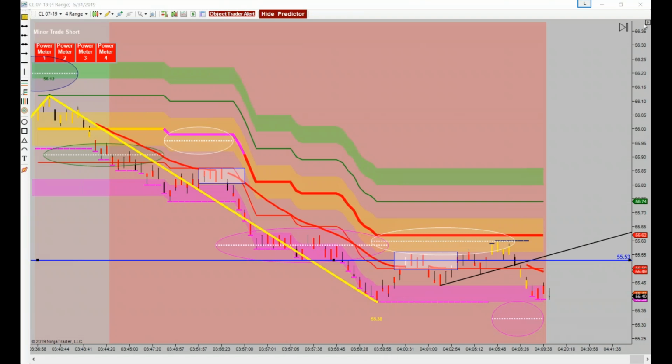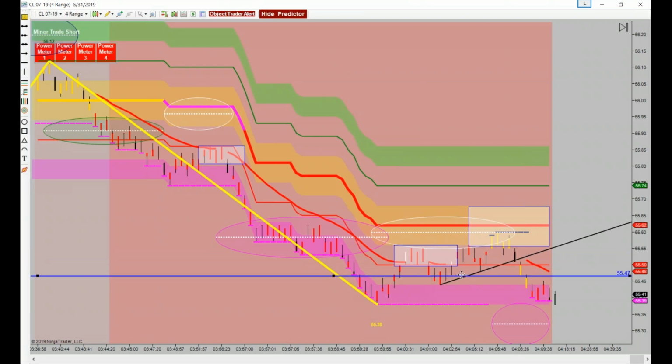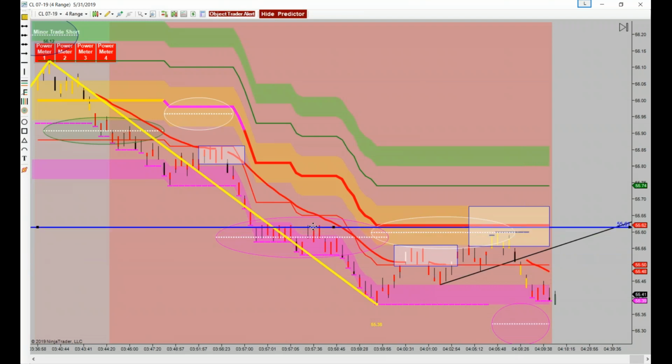Now notice how I managed this one though, because anytime you're not up into this mid-band area, this little sweet spot right here, you want to be a little bit more careful because they'll fake you. And if they fake you, do you want to put your stop all the way up to here? You know, like for instance, if you got in here on this bar, like that, and then you put your stop all the way over here,